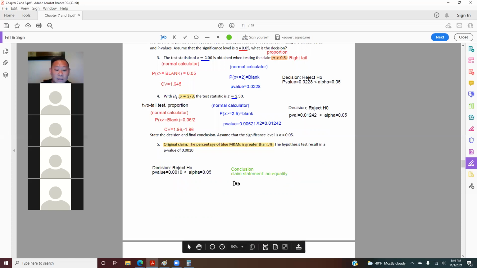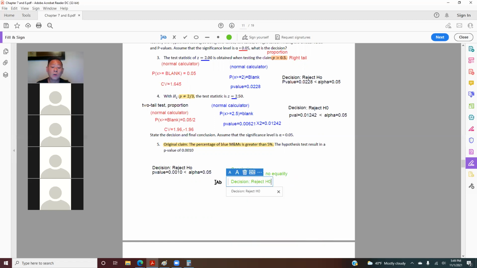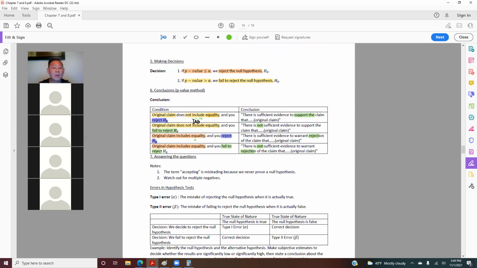And then if you look at your decision, it says you are rejecting the null hypothesis. So now you've got no equality and reject the null hypothesis. If you refer back to the table we have here, we have not including equality and you reject the null hypothesis. So actually this is the first conclusion you make, because your claim statement doesn't have equality and you reject your null hypothesis. So your conclusion is there is sufficient evidence to support the claim that